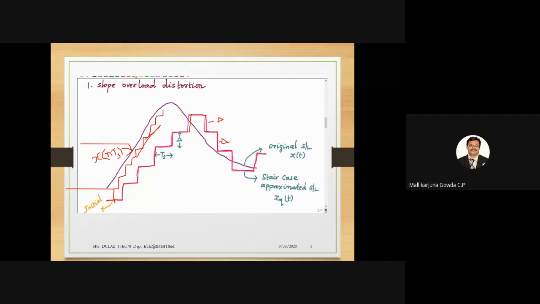Yes, is this clear, students? Is this point clear? Reducing the sampling duration means increasing the sampling frequency, right? Sampling frequency and sampling duration are inversely proportional, right? Fs and Ts. So I reduce the sampling duration and I am increasing the step size so that I will be able to track the fast change in the input signal. So I can overcome the problem of slope overload distortion. Okay? Is this clear or do you have any doubts?